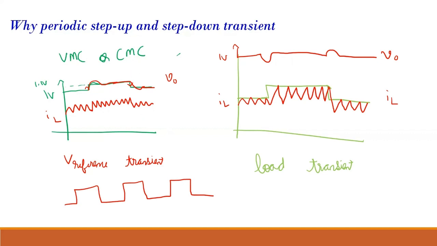So there are two things you must remember. Why I give these transients is so that I will know whether my control is working. Okay? Whether my control is working. If I want to check if my control is working, you could also just give a simple open loop